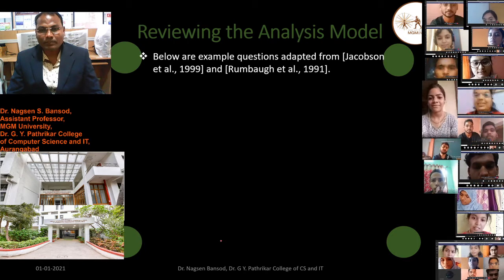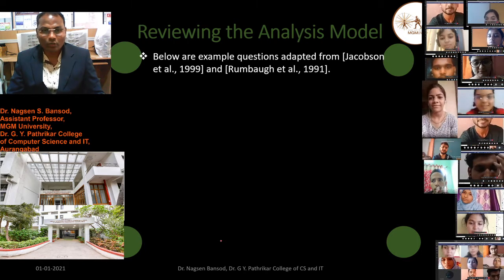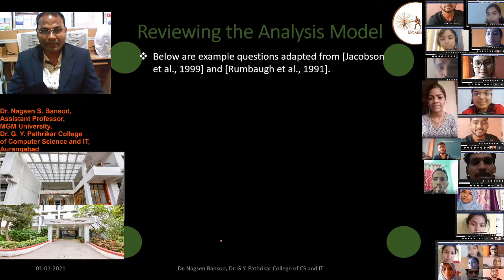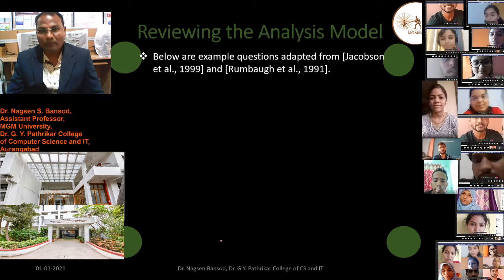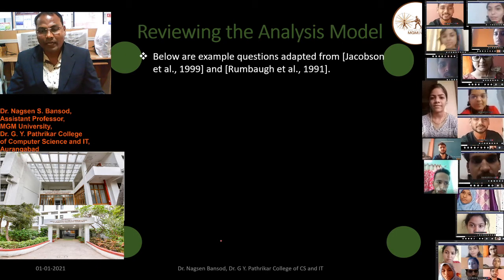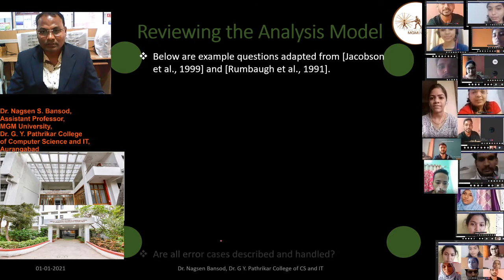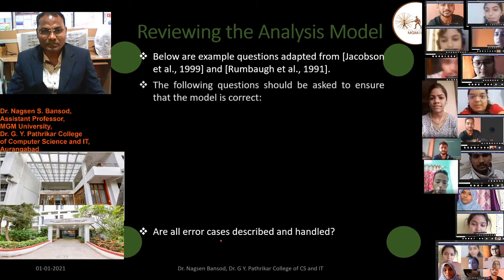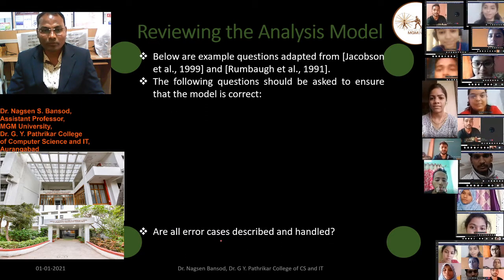Below are example questions adopted from Jacobson et al. 1999 and Rumbaugh et al. 1991. These are the examples which are collected from the book.